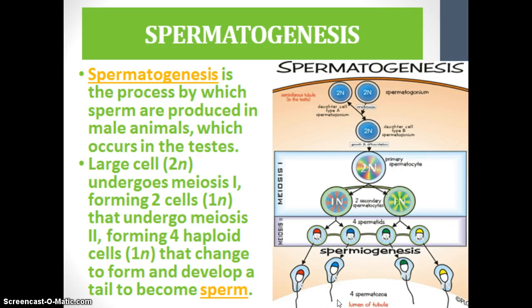Spermatogenesis is the process by which sperm are produced in male animals. This occurs in the testes. Essentially, what is happening is that primary spermatocytes go through the first cell division of meiosis to produce secondary spermatocytes. This is seen in the diagram to the right here. These are haploid cells. Secondary spermatocytes then quickly complete the meiotic division to become spermatids, as shown in this row, which are